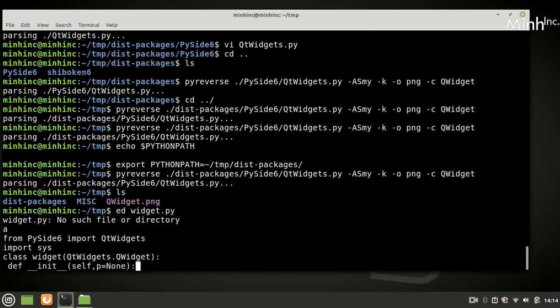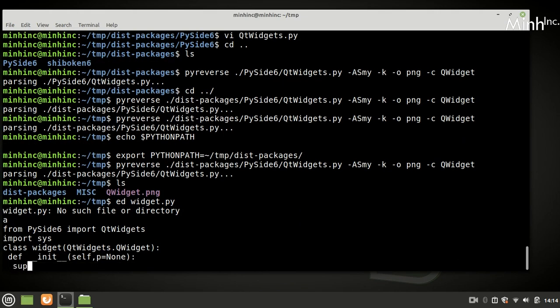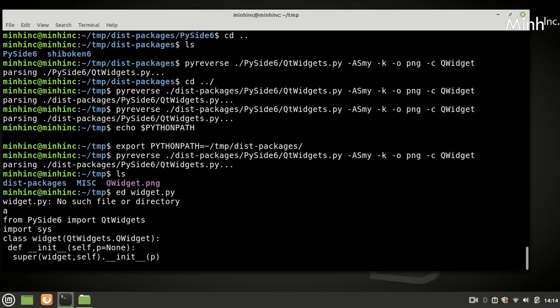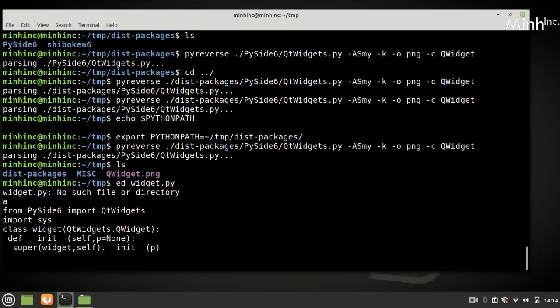So parent is None. So we can call the parent class, base class, super Widget, self, __init__ parent. Okay, that is the class.